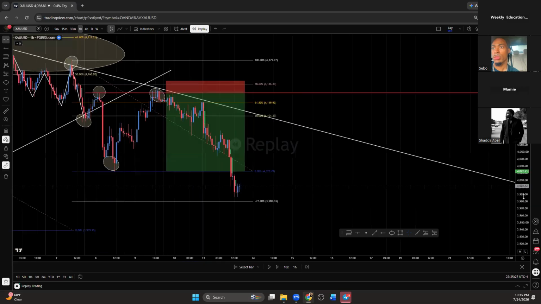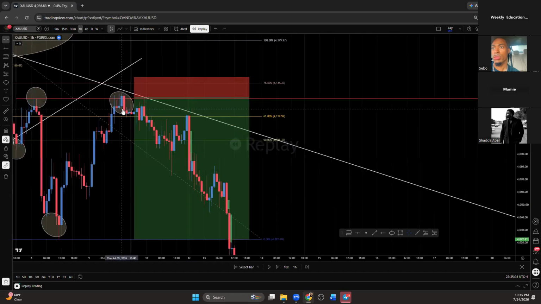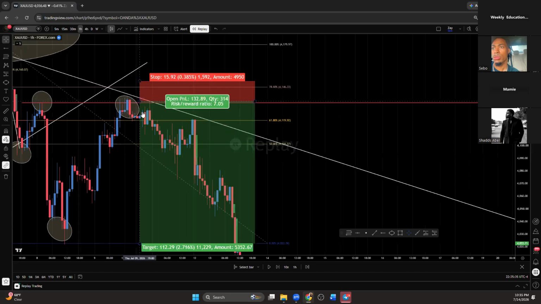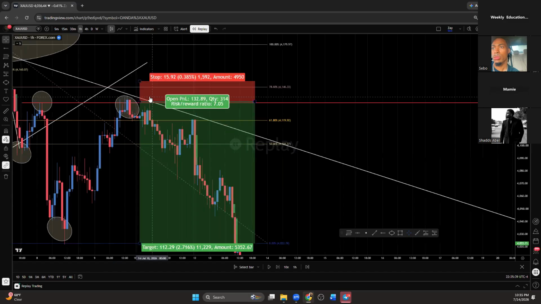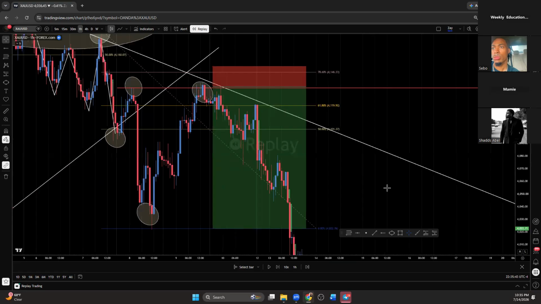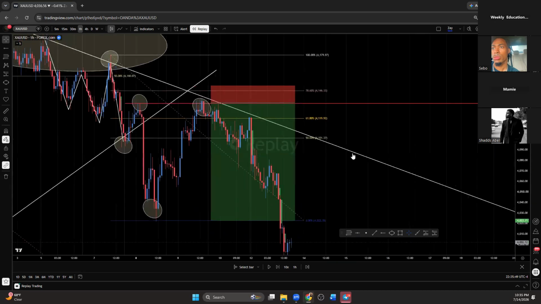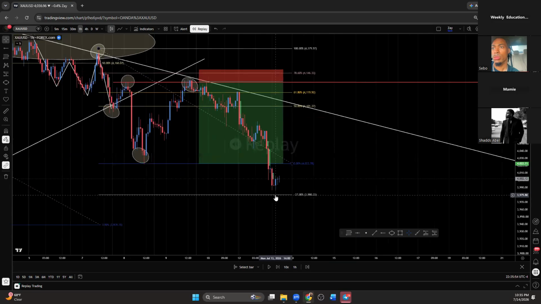bet. If market closed like this with a nice bearish engulfing, nice little order block or whatever you want to call it, I'm looking to get right back in at this area, breakout retracement back to this area, and I'll take the sell down. I think this is one of the most precise entries that I've had on the trade, right? And all we had to do is just follow a system from the 61.8 to the 0%. The market didn't necessarily come to the negative 27%.